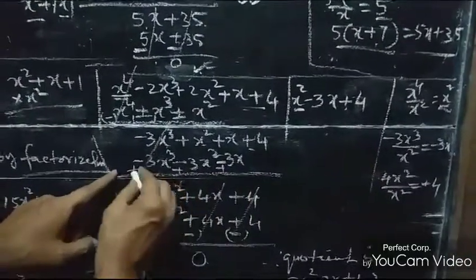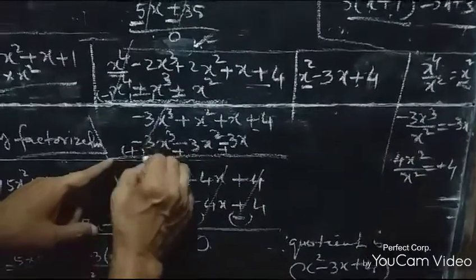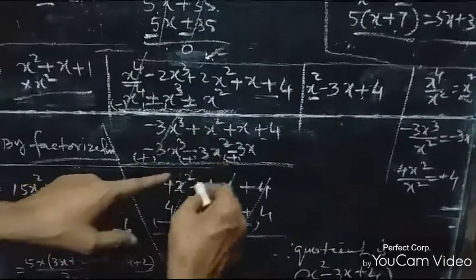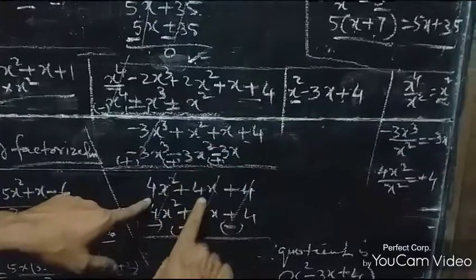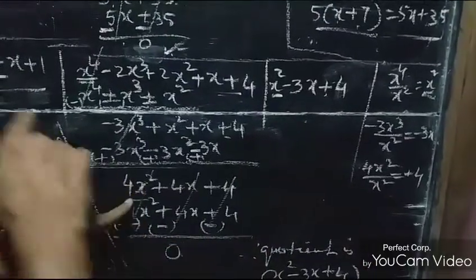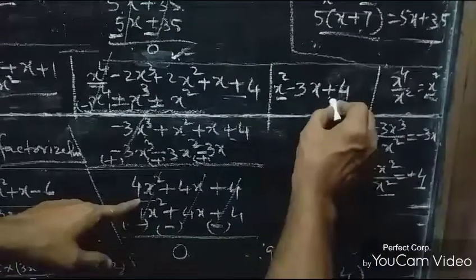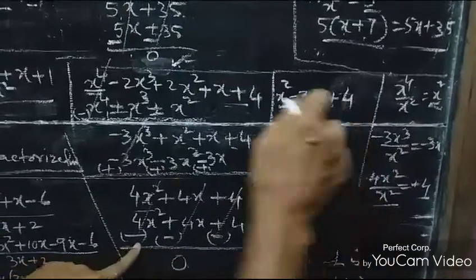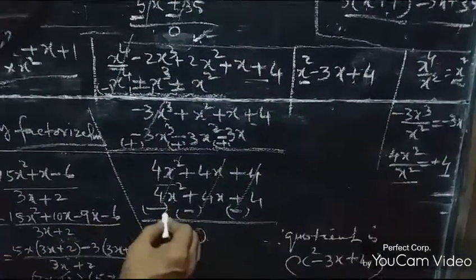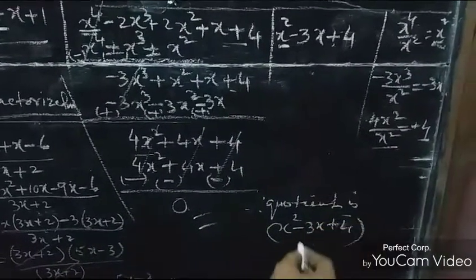And deduct this over here, that is subtract this from this, the sign will be changed. So this is cut off and this has come 4x square plus 4x plus 4. Now once again, this is the first term of the dividend and the first term of the divisor is x square. 4x square by x square gets plus 4. Just put this plus 4 over here. Multiply this plus 4 and this term, this will be 4x square plus 4x plus 4. And if you deduct this, all these things are gone. Your remainder is 0 and the quotient is this.